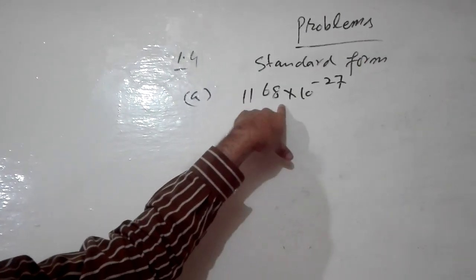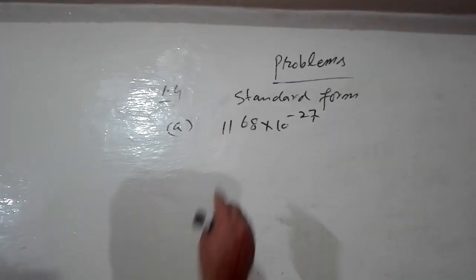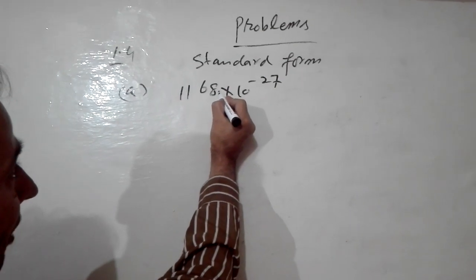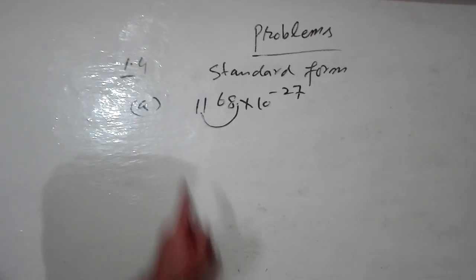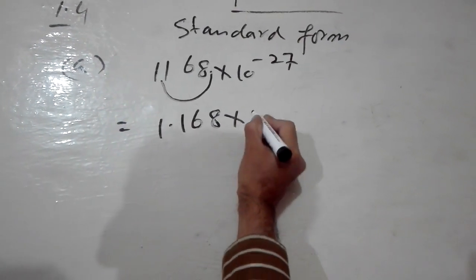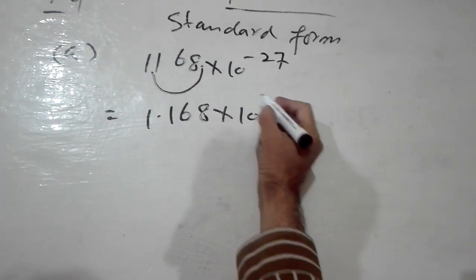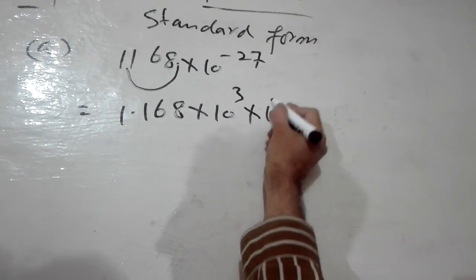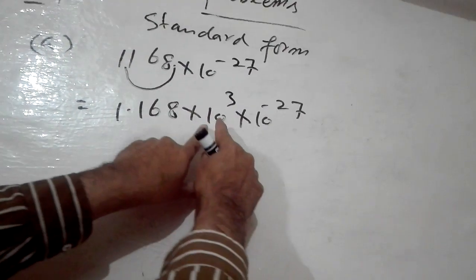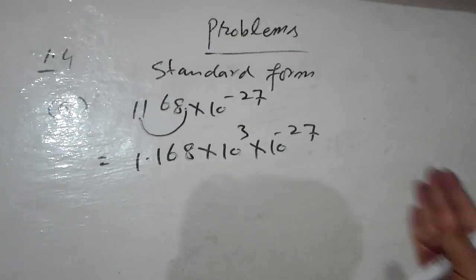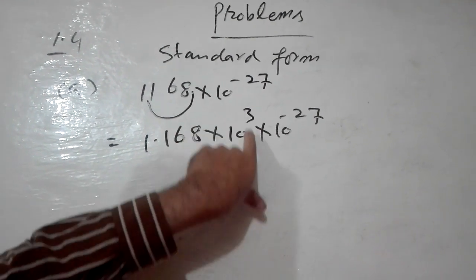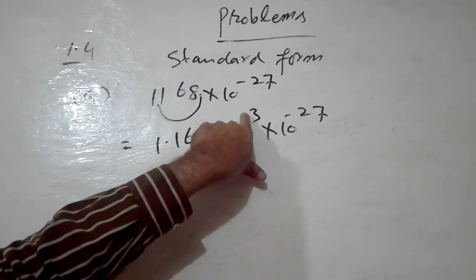So I have explained to you how to convert a number into scientific notation. Every number contains a decimal. If it is not shown, here is the decimal. I will shift this decimal to the first non-zero digit. 1 is the first non-zero digit. When I place it here, 1.168 into 10 power, I will multiply with power 3. Why have I multiplied with power 3? Because I have shifted 3 places, 1, 2 and 3. So I will multiply 10 power positive 3. When we shift the decimal from right to left, we take the power as positive. So that's why I have taken plus 3.